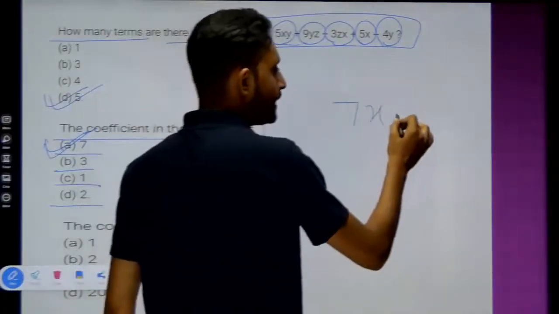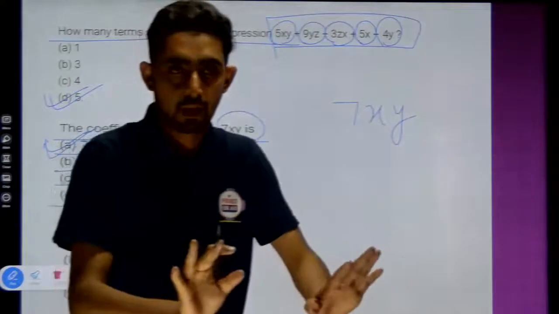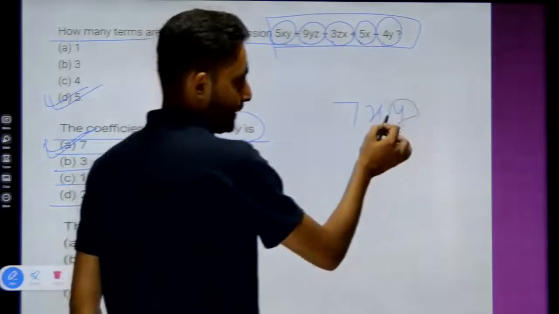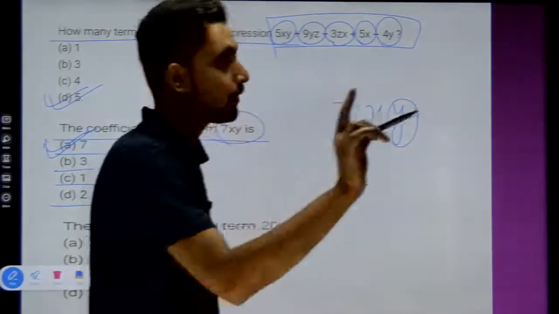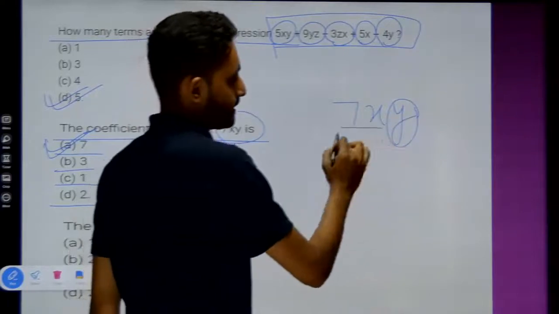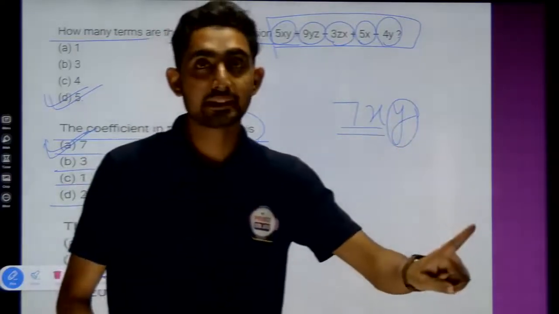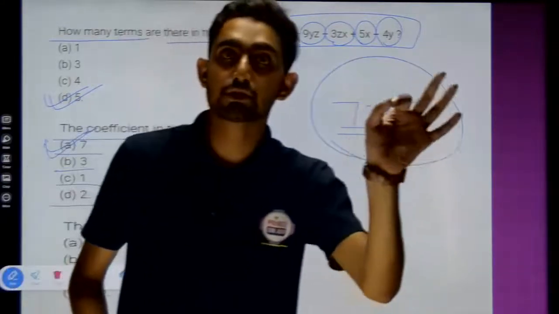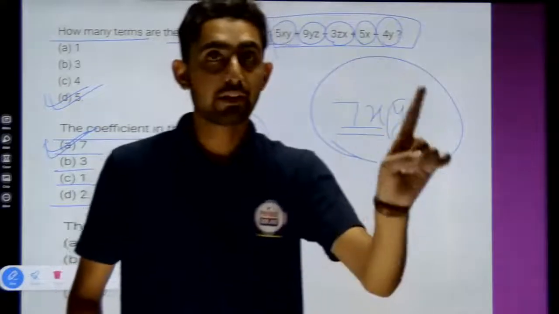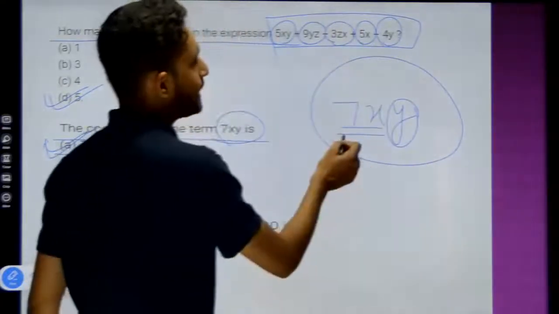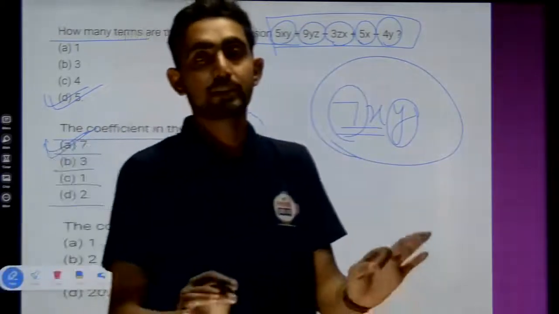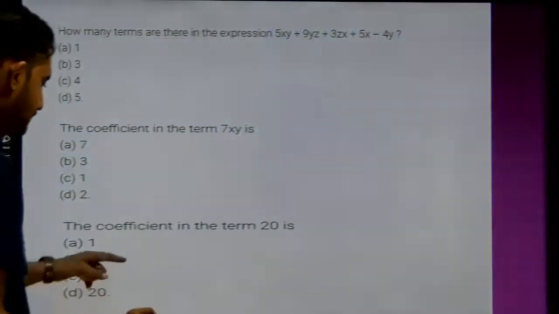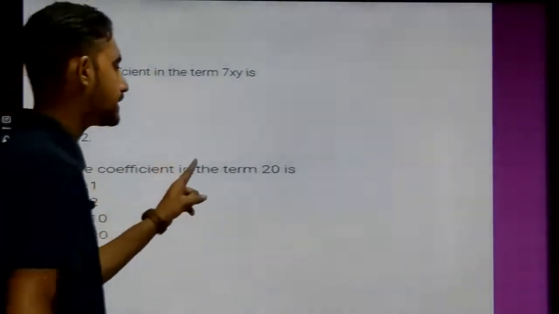Okay. So obviously actually क्या होता है ना, numerical coefficient we have to try to understand. अगर मैं बोलूं, what is the coefficient of y, in that case you have to write down 7x. But if I say like this, what is the coefficient of this whole term, उस टाइम आपको न्यूमेरिकल चीज को ही प्रेफरेंस ज्यादा देना है ना. Whatever your numerical terms are there, that only you have to write down, 7. समझ गए? That is what we call the numerical coefficient.